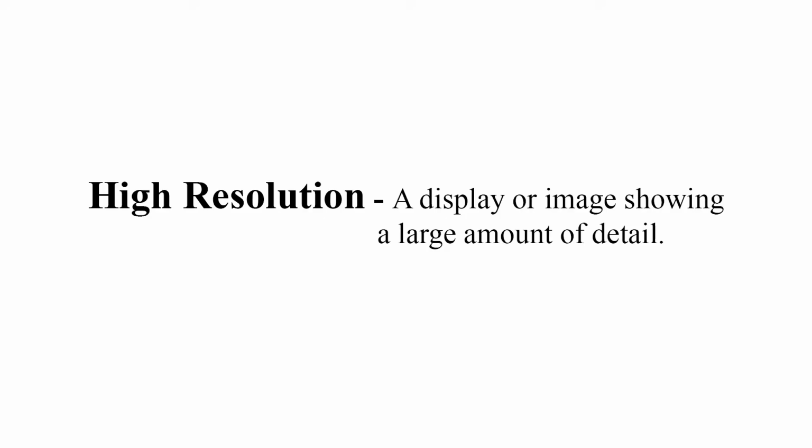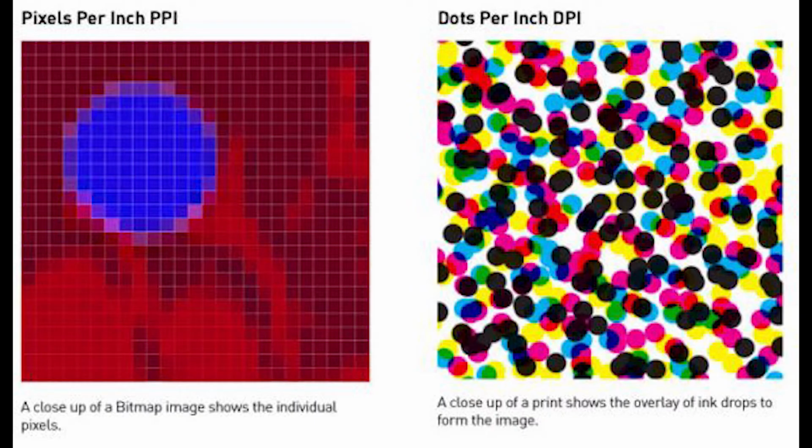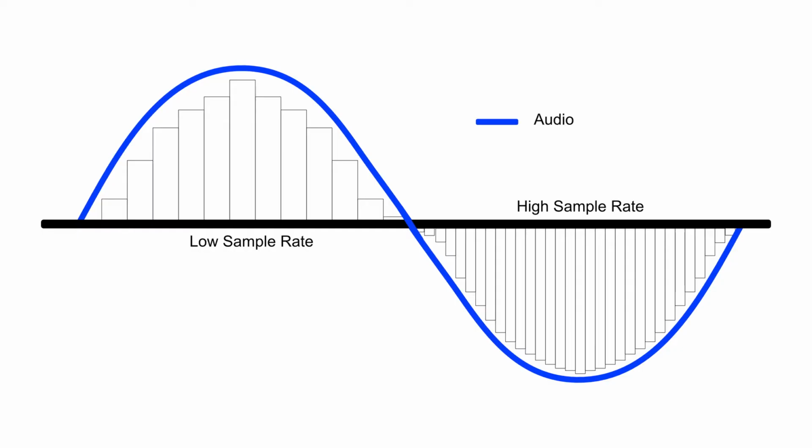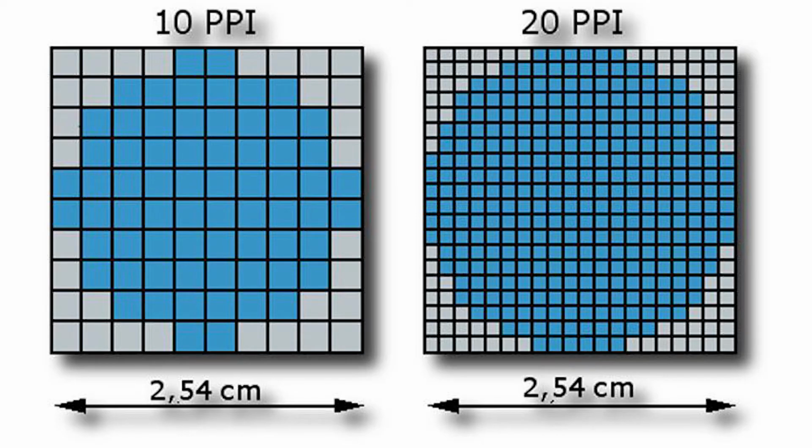High resolution. What does it mean? By simple definition, it is a display or image showing a large amount of detail. In print, it's measured in dots per inch, or DPI. In audio, it's measured in the number of samples per second. And in digital, it's measured in the number of pixels, and then down to the color depth and the frame rate. Now, in case you're not super familiar with screen resolution, I'm going to use an example that you'll probably